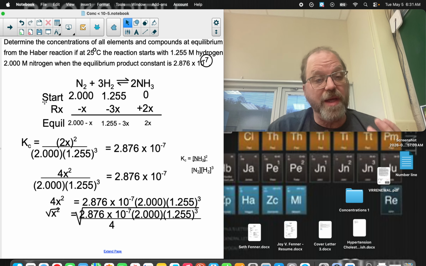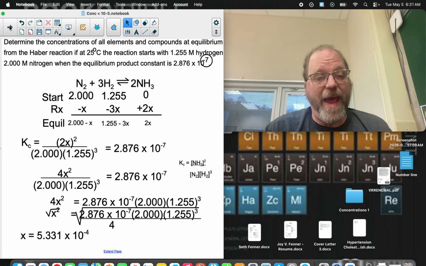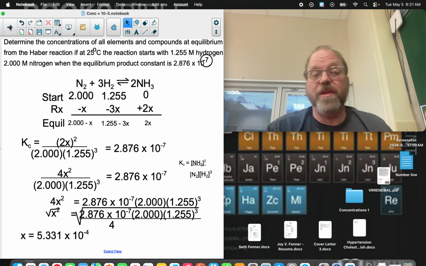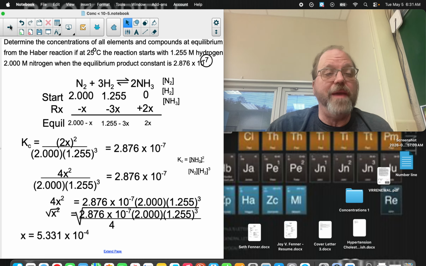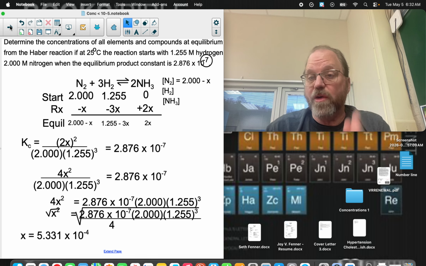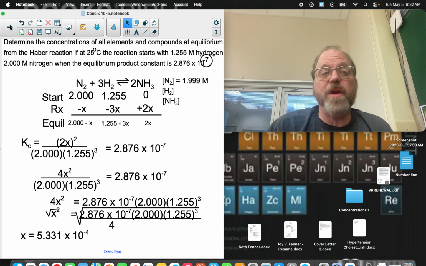square root of the answer, equals, and our answer for x is 5.331 times 10 to the minus fourth. Now, that's not my answer yet. I've got to go back into each of these values to get what we want. So, for nitrogen we said it was 2.000 minus X. So 2.000 minus 5.331 times 10 to the minus 4. Remember, last place column for subtraction. We're going to get